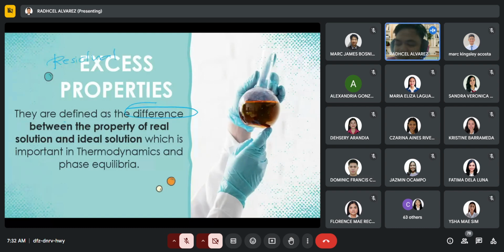So kapag ang pinag-uusapan natin ay gases, ang tawag sa difference ng ideal at ng actual is the residual property. But when we are talking about solution, so solutions na ang ating pinag-uusapan, the difference between the real solution, that property is called the residual property. So para lang din siyang